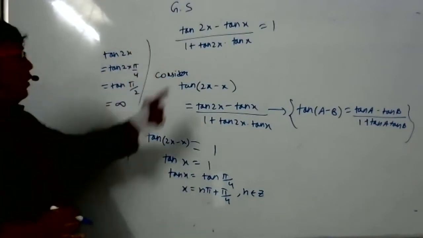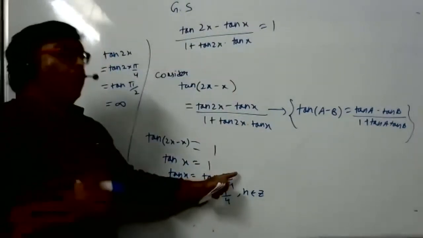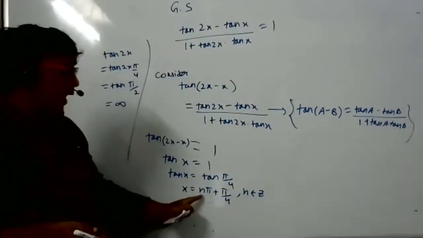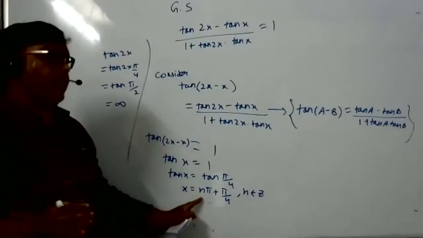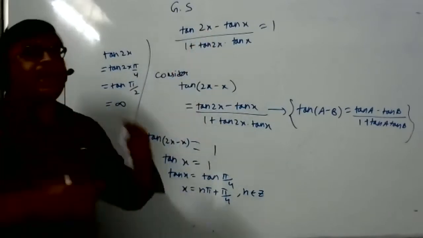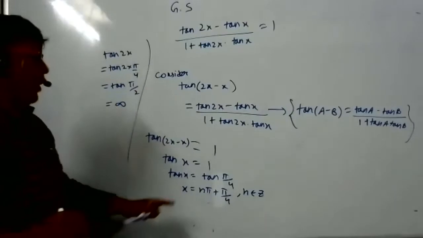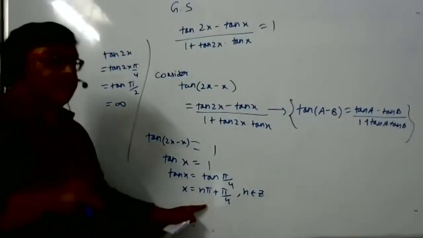This expression will become infinity when you put pi by 4. Or for that matter, you put n equal to any integer and substitute the value in the place of x. Every time you will get infinity. Now infinity can't be the answer. This means although we got this answer, it is not considered.